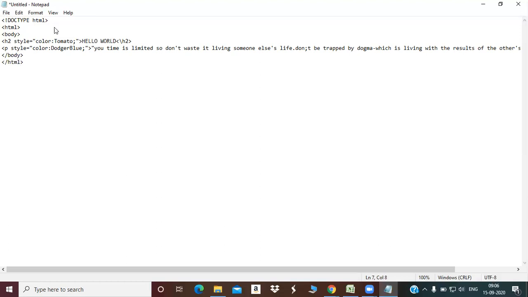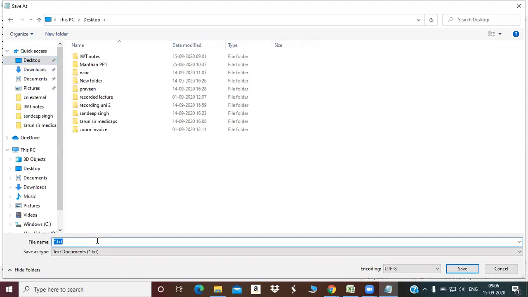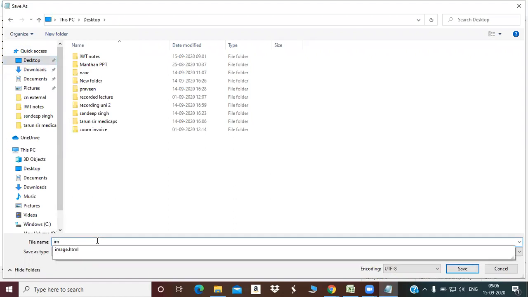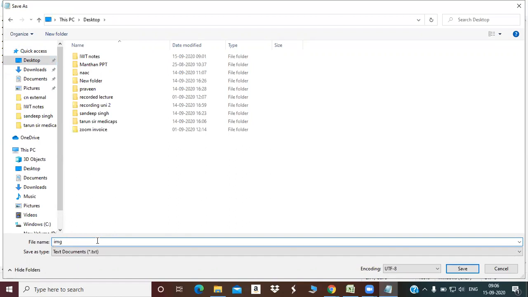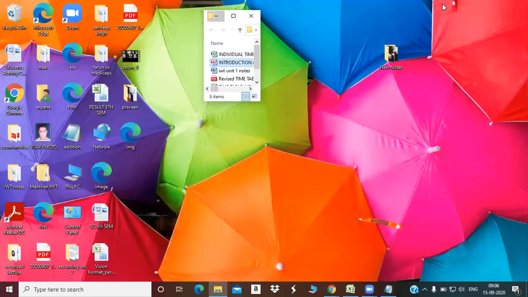Now here it is done, and then we'll save this program with an HTML extension. Suppose the name of our file is img.html.